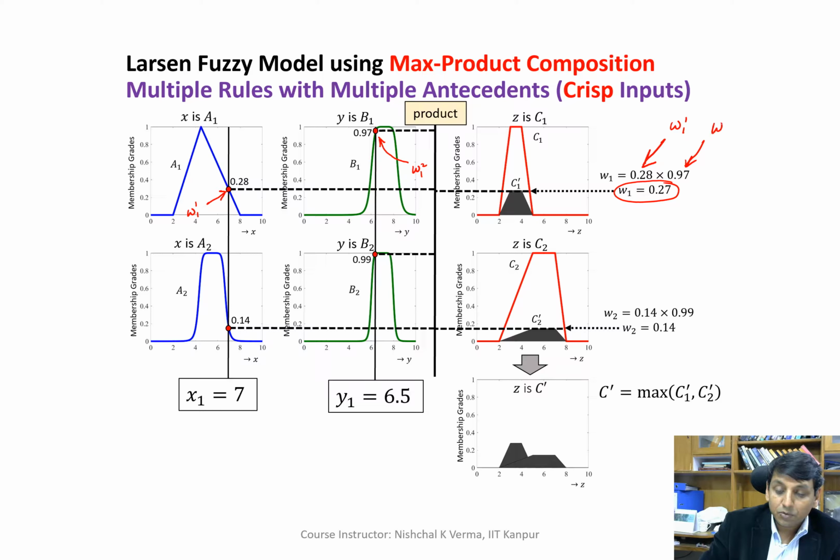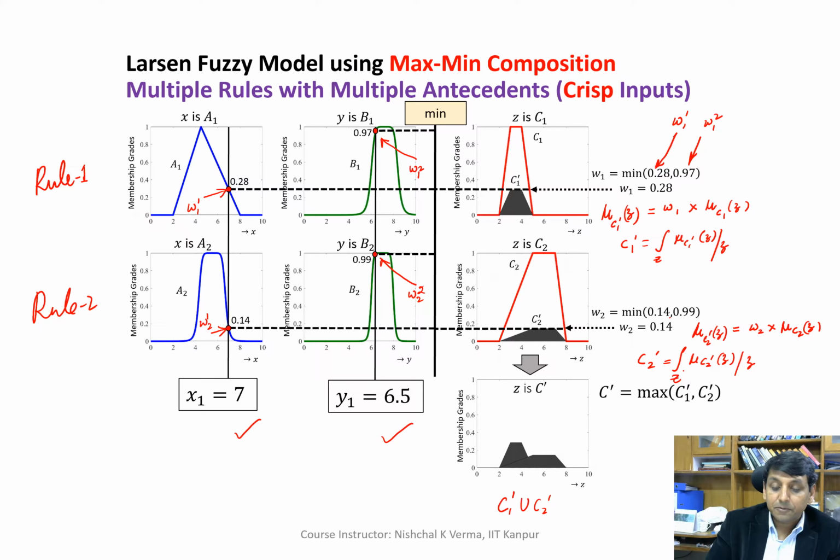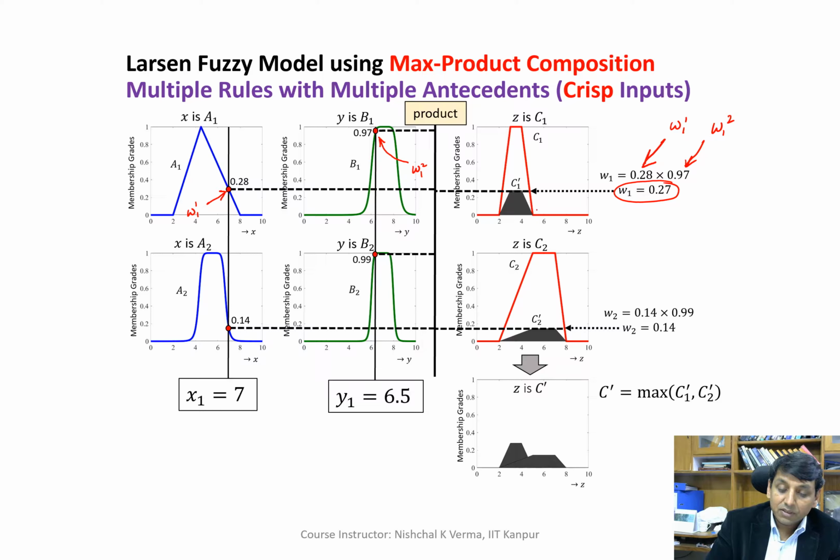This is W12. So the final value, that is W1, is coming out to be 0.27, which is the firing strength of the rule 1. And again, it is needless to mention how we get the C1 dash here. What is done here is that the height of C1 is brought down to C1 dash, and accordingly the whole fuzzy set is scaled down, and the membership function of this fuzzy set C1 dash, that means mu C1 dash Z, we get by just multiplying W1 with mu C1